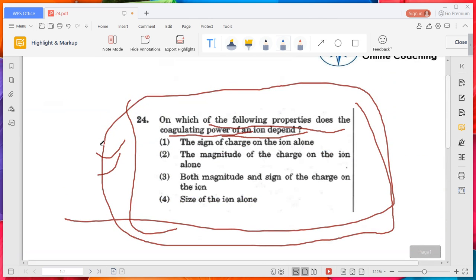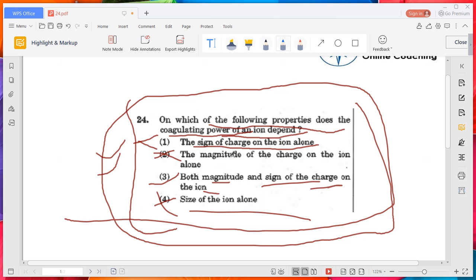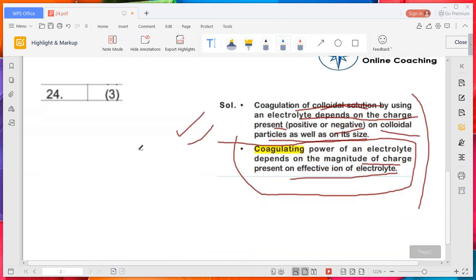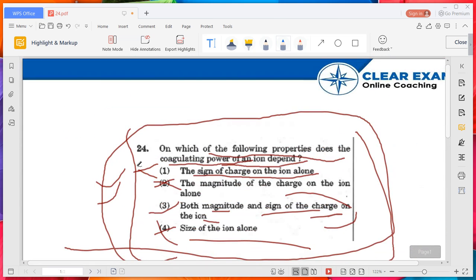So basically the answer is true, because as you know, the sign of the ion alone is not correct, and the magnitude alone is not correct. It depends on both the magnitude and the sign of the charge of the ion. It's an easier question, you have to go through the answers. From the options we can substitute that the answer is the third one, which is the magnitude and sign of the charge on the